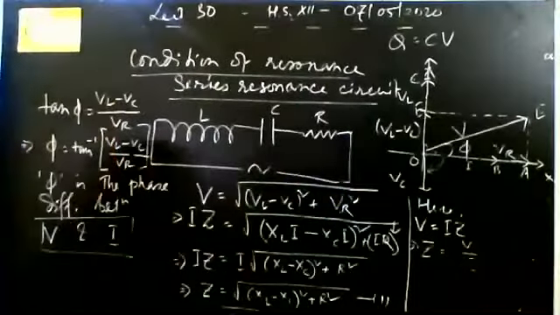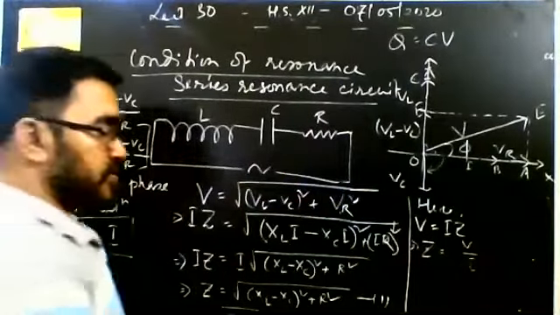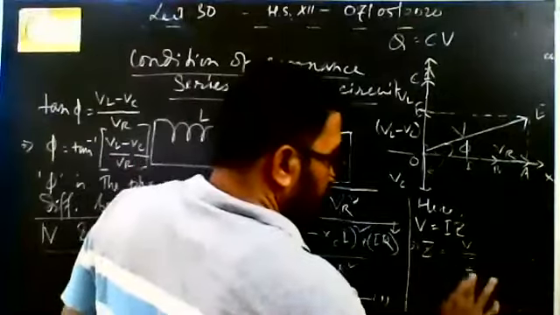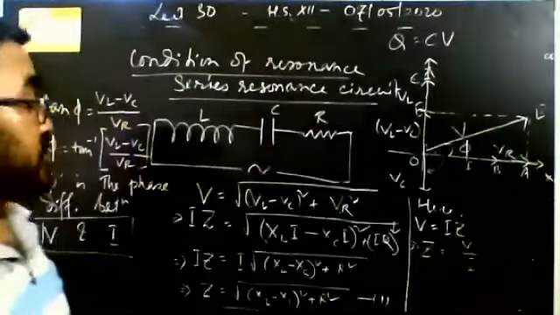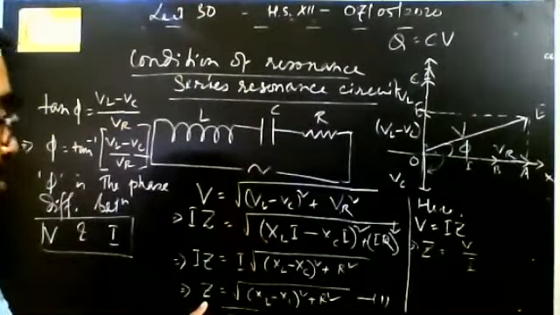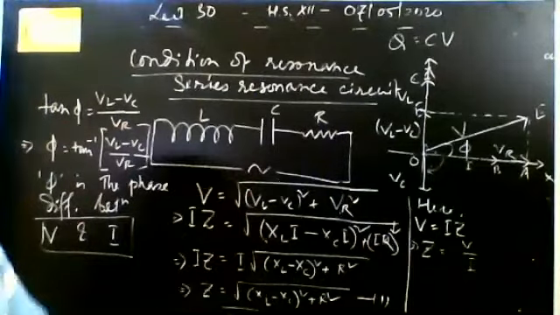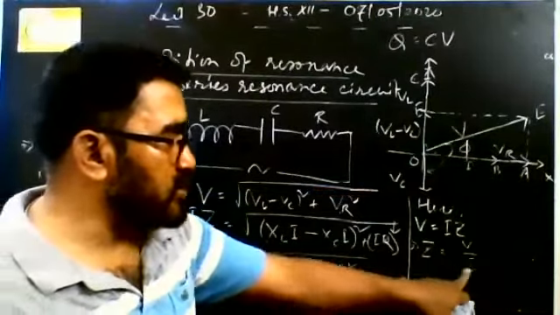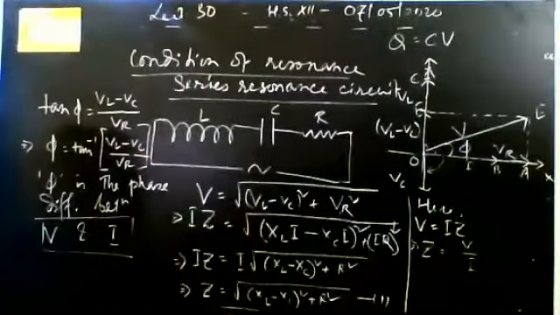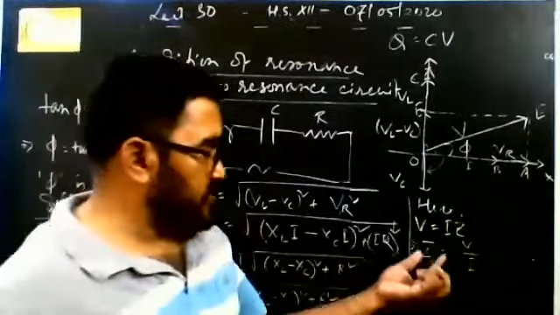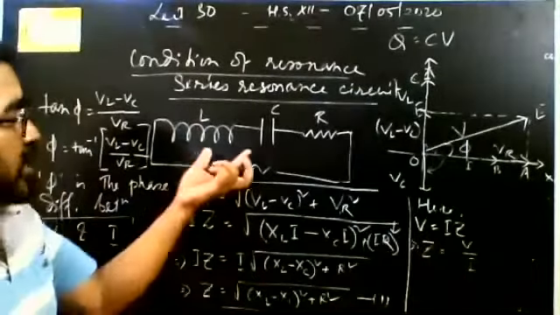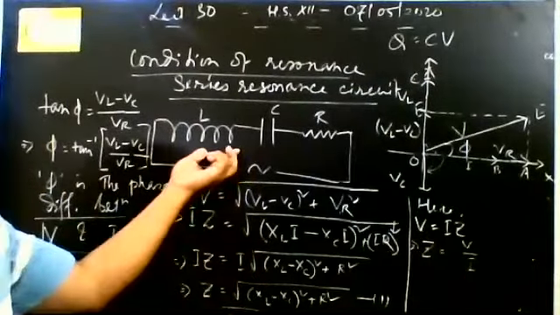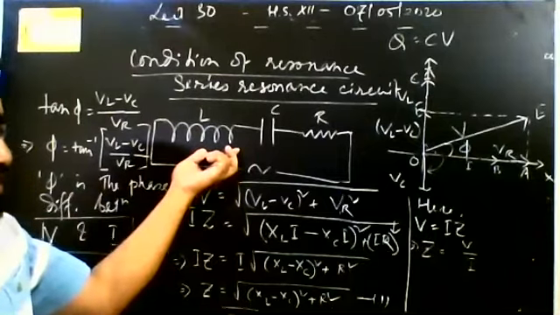Okay. So Z is the net impedance in the circuit. So it is related with the net voltage and net current by this relation. Okay. To get maximum current in the circuit,